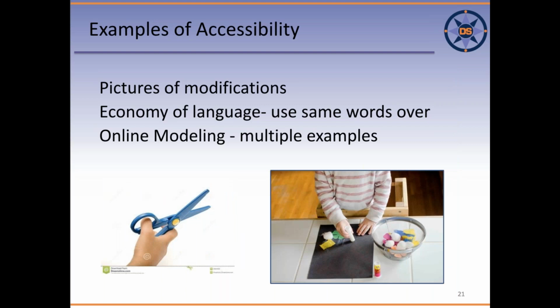Our accessibility experts were asking us to put pictures of things like the correct way to hold a scissor, or pictures with the different supplies like the glue stick. So we tried to do that. This is all shown in color. I think that what was printed and given to the kids was not in color. So that was another thing we had to consider when designing these: how they would reproduce